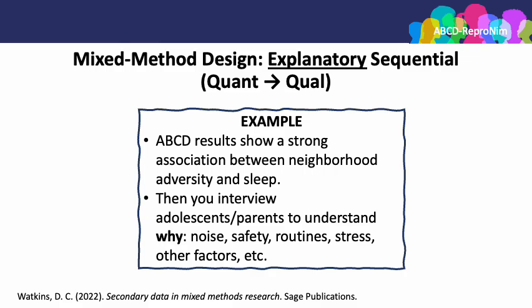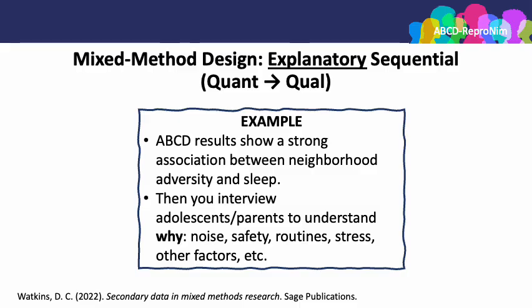I know that some of the neighborhood questions in our ABCD study really get at more deprivation. They may be much more higher level. If you're going to have to make a recommendation of what you change in the neighborhood to improve sleep, it may get a little bit harder to identify that concrete modifiable factor. So then what you can do is follow that analysis up with a qualitative study where you interview adolescents.